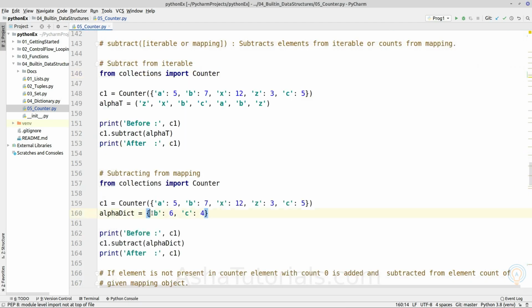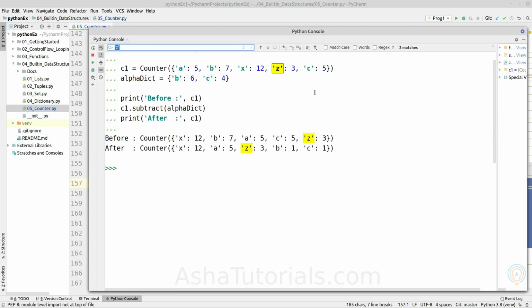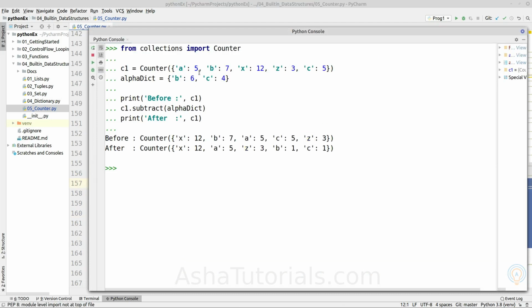In the same way we can also provide a mapping, which will subtract from the existing counter object. Okay, as we can see, C is subtracted by 4, so the result is 1.